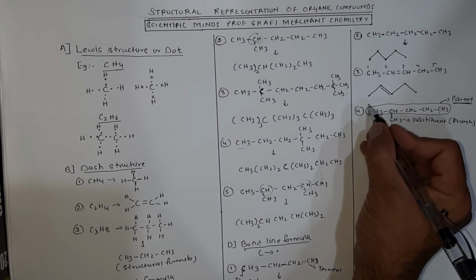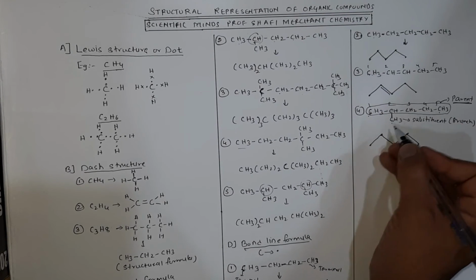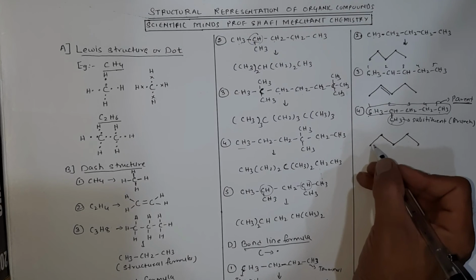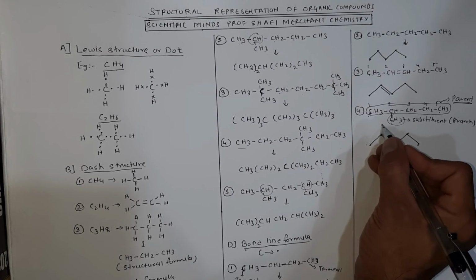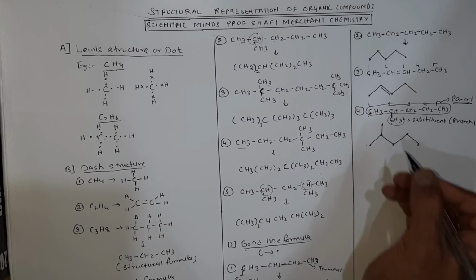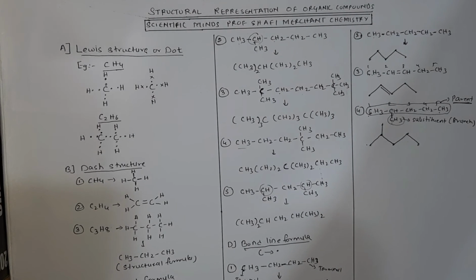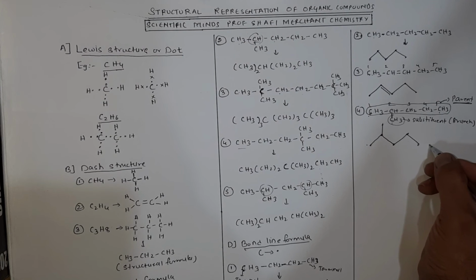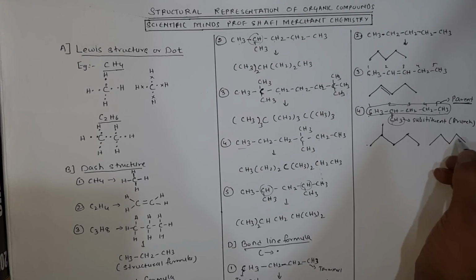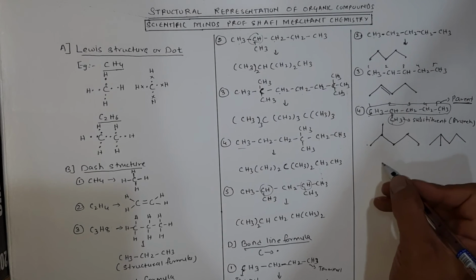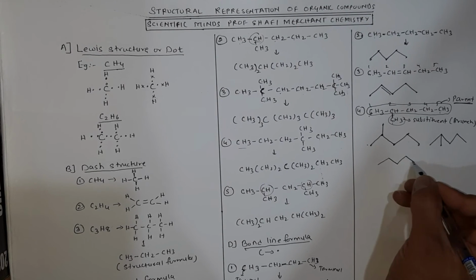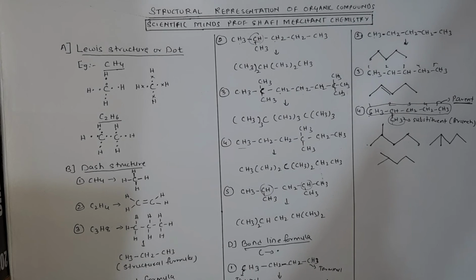Now on the second carbon, from the left hand side there is one methyl. So this is the first carbon, this is the second carbon. On the second carbon there is a methyl, so you put a methyl here. A dot represents a carbon atom attached to it. Clear? Now if you draw the structure in this manner, it's fine, no problem. If you draw the structure in this manner and a methyl here, no problem. As long as you can distinguish between the carbon atoms, your structure is absolutely correct.